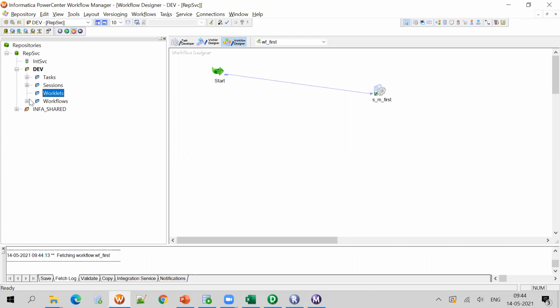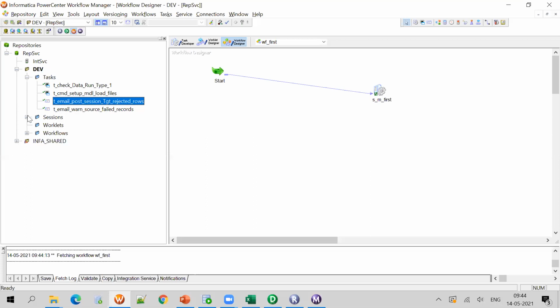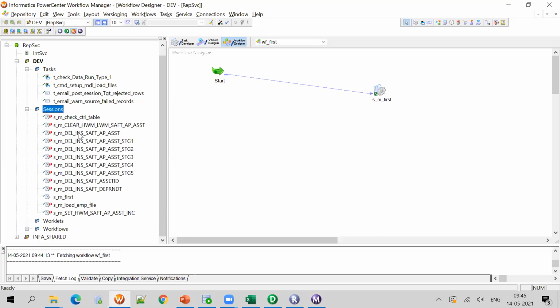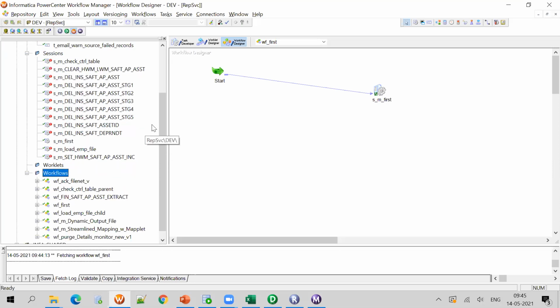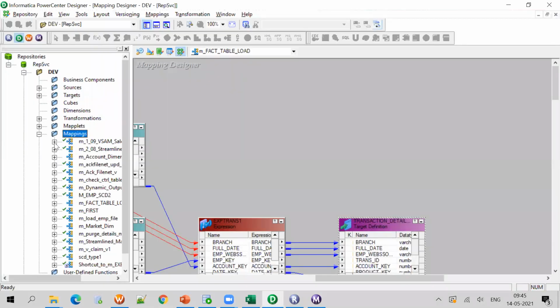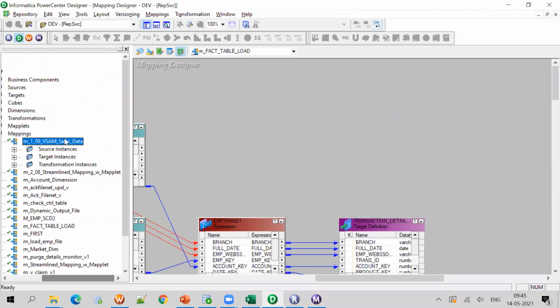If I open tasks, these are the different tasks available. This is a command task, this is an email task. When I open sessions, these are all the sessions available. If I open workflows, these are all the workflows we have. As I said, if I open the mapping, we have source instance, target instance, transformation instance.